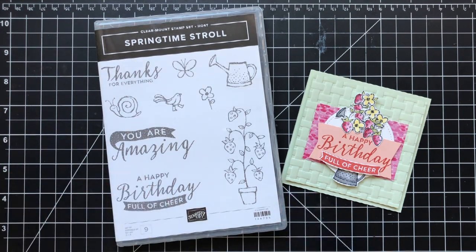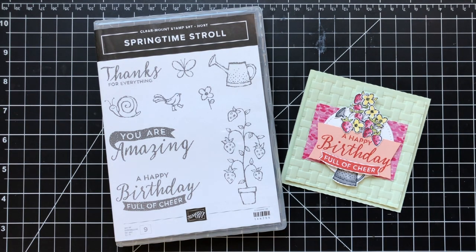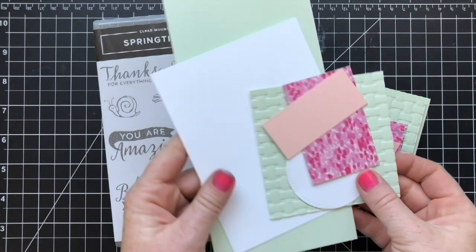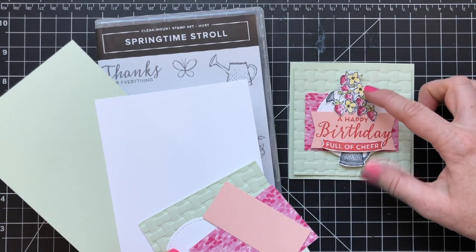So I've got these really cool cards. I'm going to do 2 kits in one package. So it's just the one card, but you can make 2 of them. And then of course the stamp set. So again, let's just quickly, I'll explain everything to you. You make a $50 minimum purchase using the current host code, and you will receive these kits and the springtime